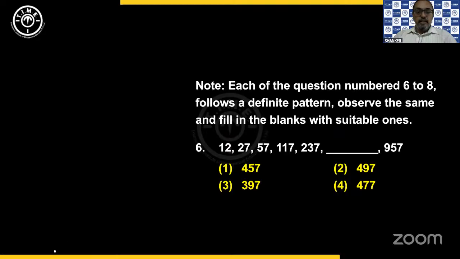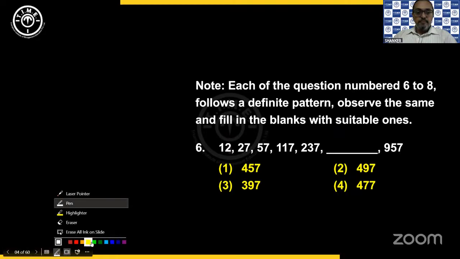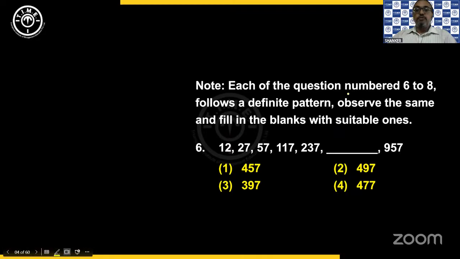Yes. Now here, each of the questions numbered 6 to 8 follows a definite pattern. Observe the same and fill in the blank with the suitable ones. Okay. So it's a series. So we need to identify what is the number that you get next. Now here, by observing, you can say that the numbers are increasing and they are suddenly increasing. So we can take